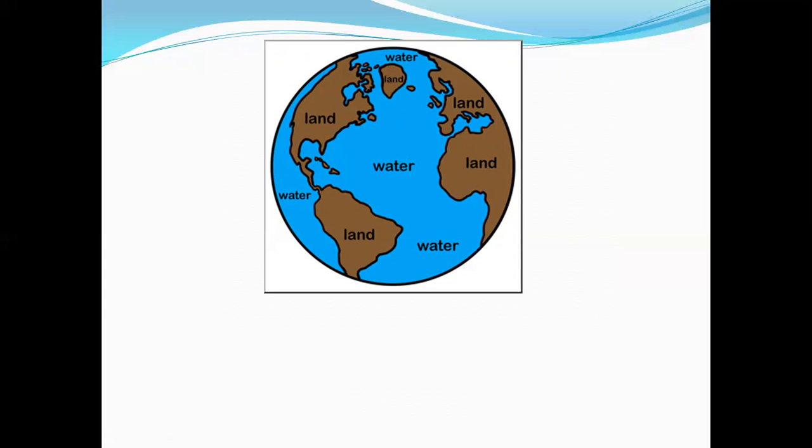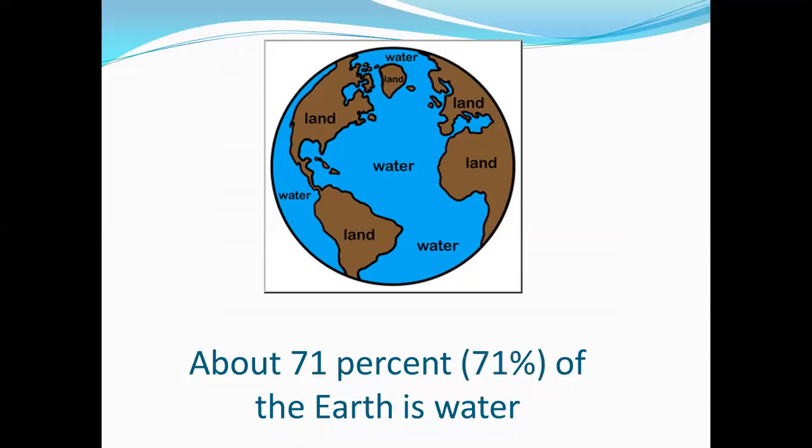Okay. So 71% of the earth is water. Okay. So here water covers most of the earth. Okay. But what is the problem? The problem is that most of the water is dirty and we can't use it. Just a little of this water is drinkable and we can use it, but most of the water we can't use. Okay,